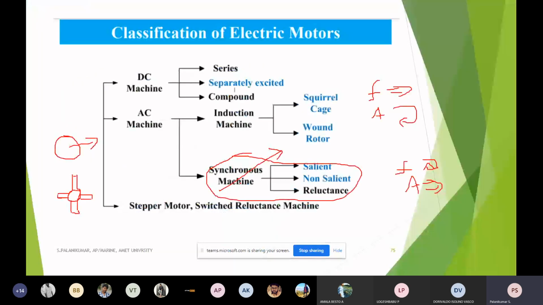Here we are going to identify one more: the brushless DC motor, BLDC. Hereafter I will say only BLDC, as it is also called commercially. That means brushless DC machine. So what is the disadvantage of the DC machine? Why is the DC machine not able to be sustained in the electrical vehicle application? It has brushes. The commutator and brushes arrangement is a very important drawback.